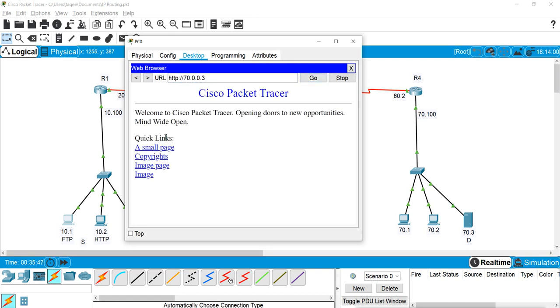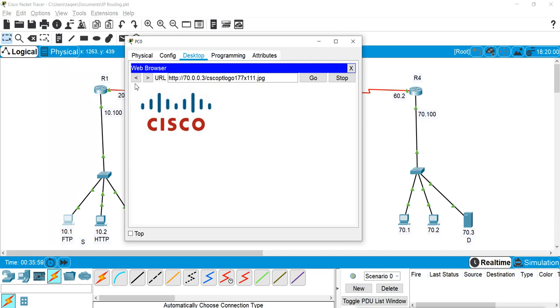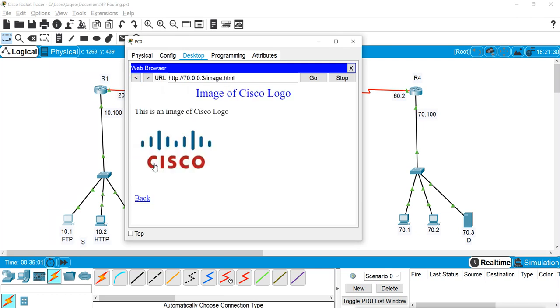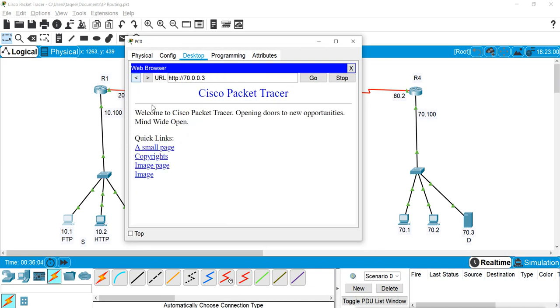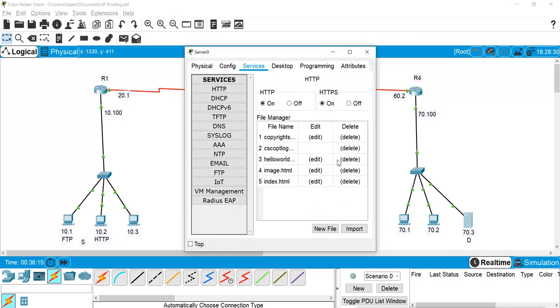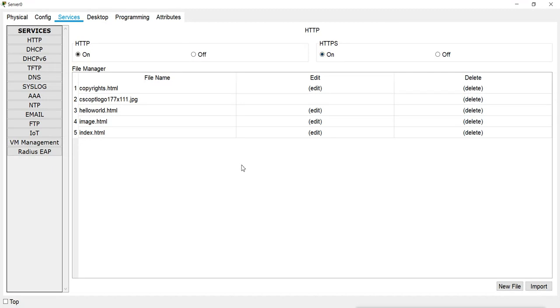Now the page which we are seeing here is actually coming from this server, and we have other pages also. What is in this image? Okay, we have this image there, we have image page, logo, we have copyright, we have all pages. So we have this page. Now this page is coming from this web server. If you want to see, you can open the server here and you can see these are the files. This is the index.html file, the main file, and it is editable.